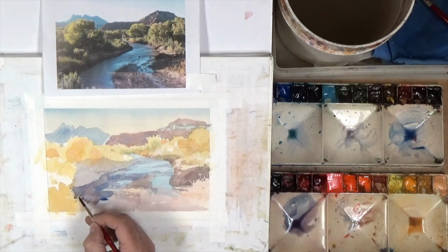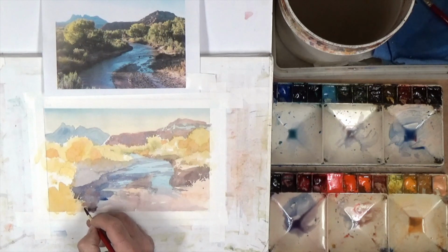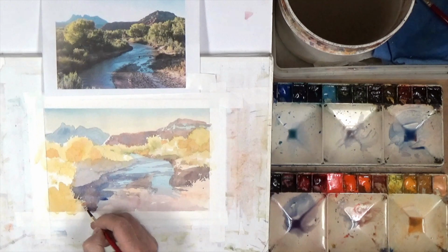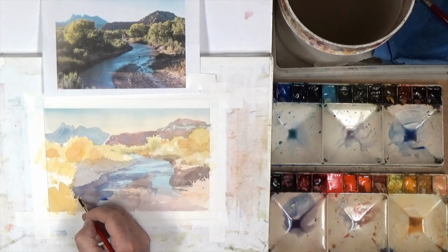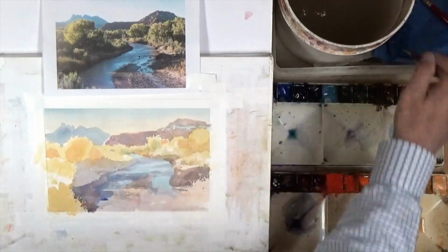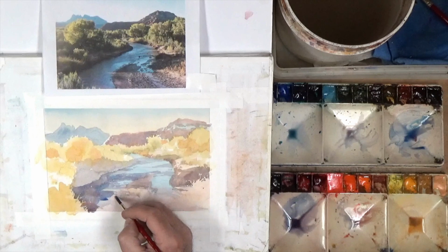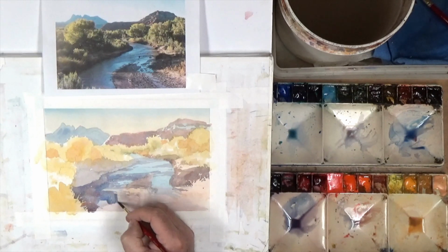Work on that for a minute here, and kind of bring this up into the right value range. Notice I'm careful as I bring this dark up around that foreground bush. That's going to have a lot of detail in it because it's right up close to us. And so I'm doing a little negative painting there to create some hard edges. I was just kind of careful there, but now I'm going to move over here with this blue to this